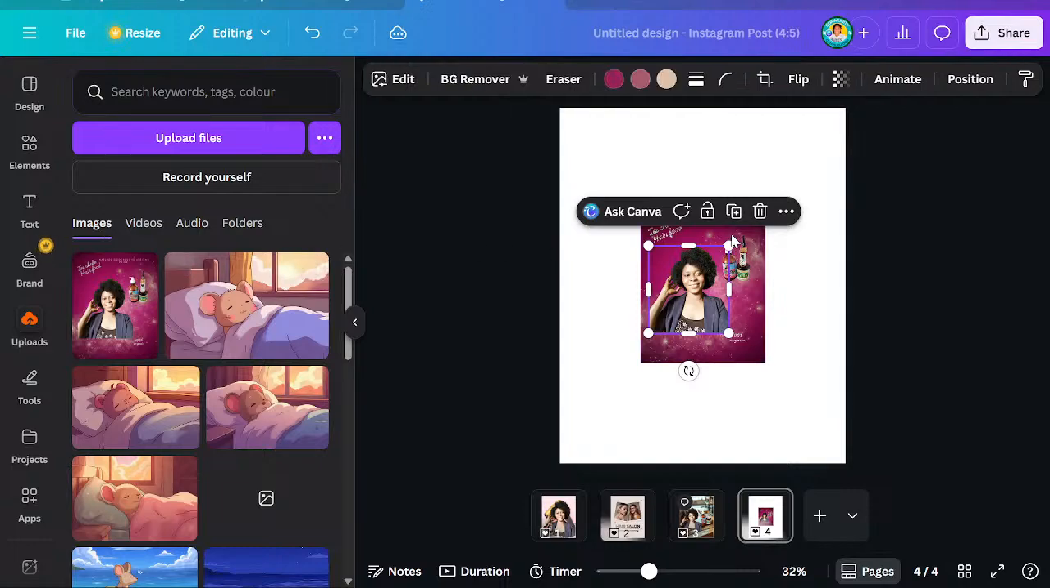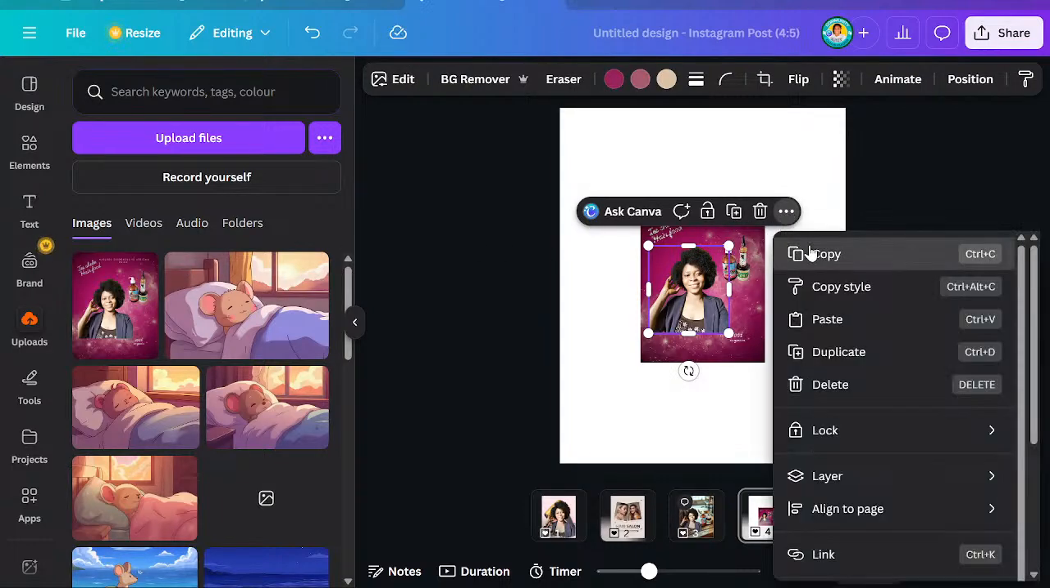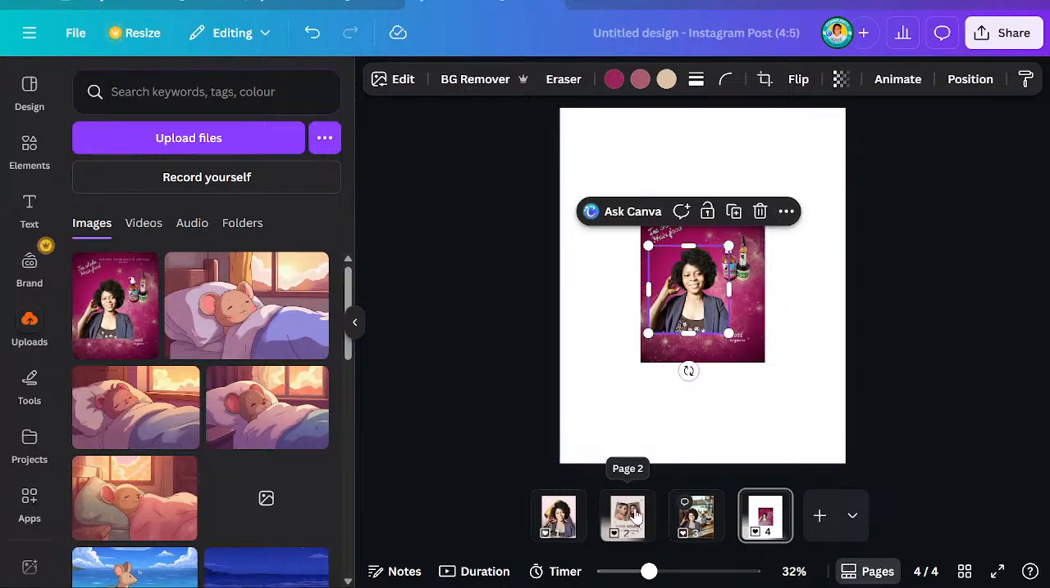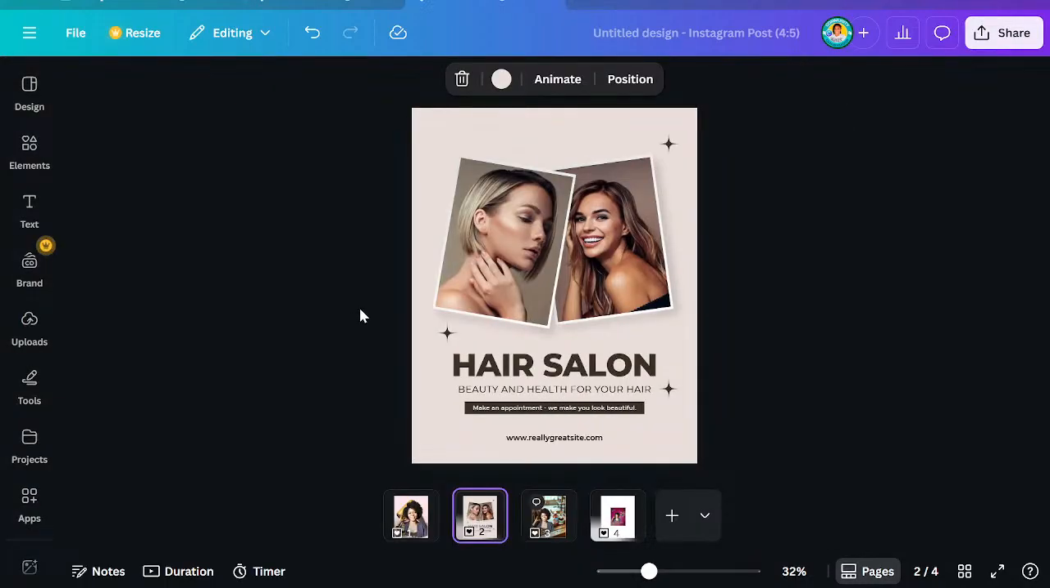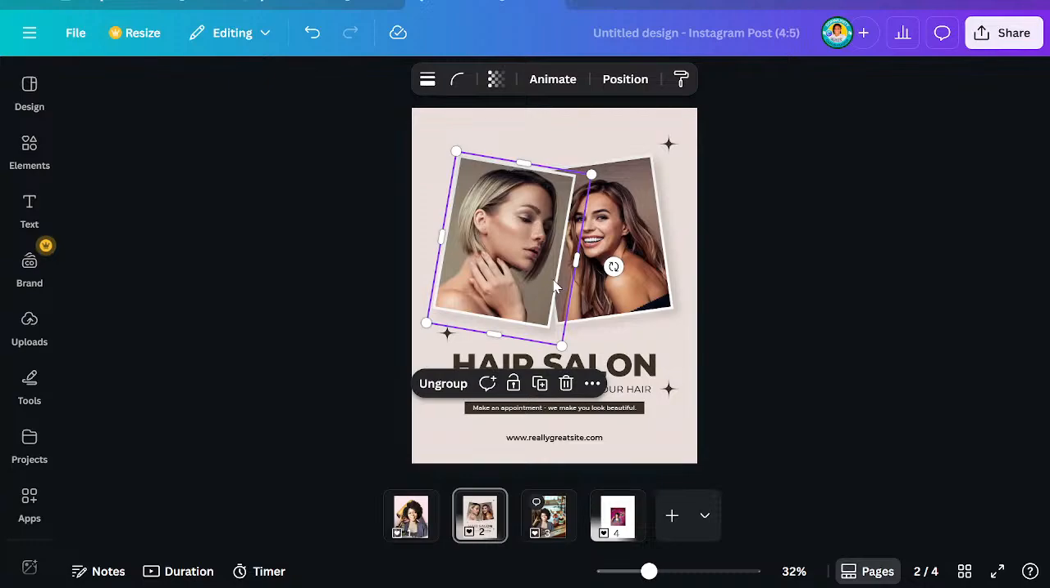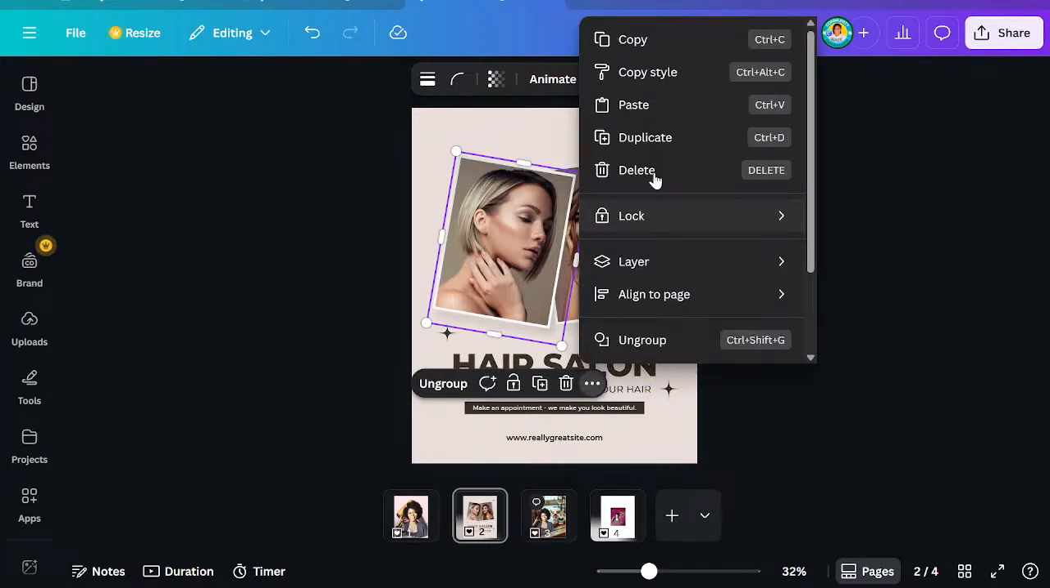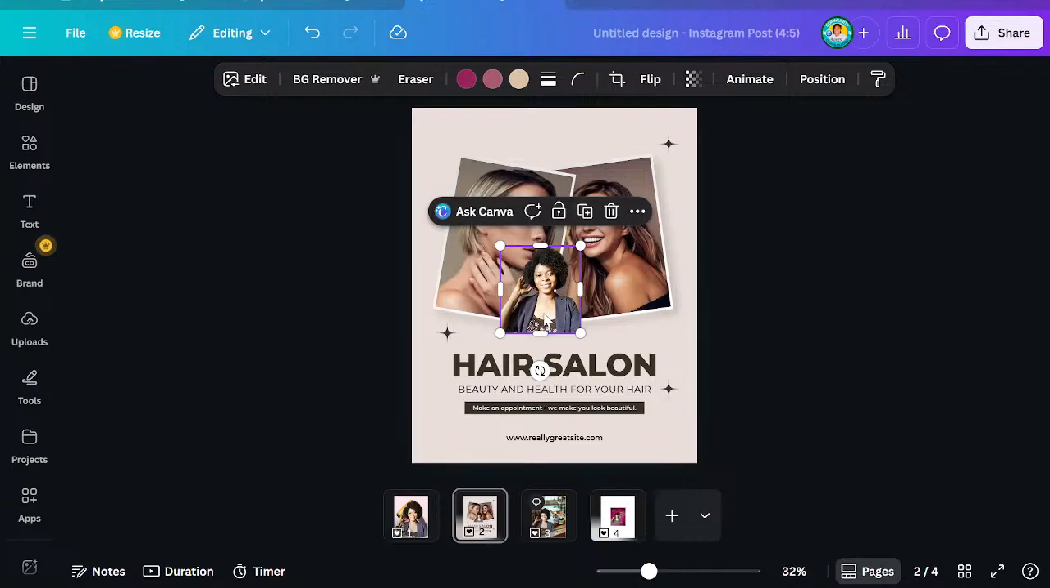All right, now that we have this, I'm going to click on these three dots and copy and come to this. You see, now that we have this page thumbnail view, it's easy for us to know the page we are working on. And I will come to this page. Let me collapse the side panel and I'll click any elements here, click these three dots and paste what I have. Now if we move it here,